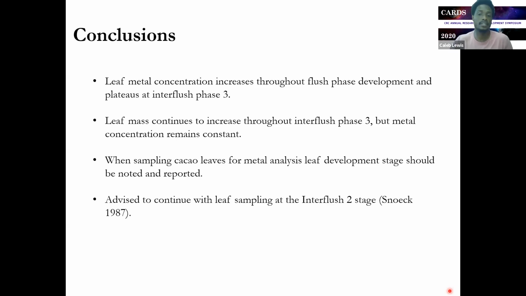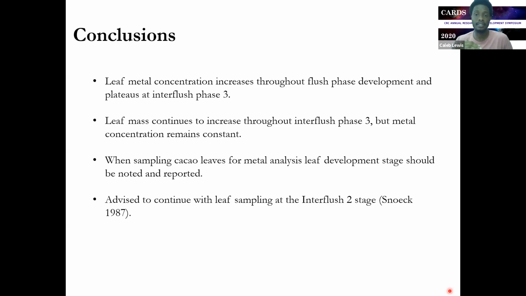But also, if you're sampling for cadmium analysis and you're not paying attention to the phase of development the shoot is going through, then what can happen is that you can collect from multiple flush phases, which can of course cause a problem when you try to determine the amount of cadmium in the plant, in the sense that you would not be actually